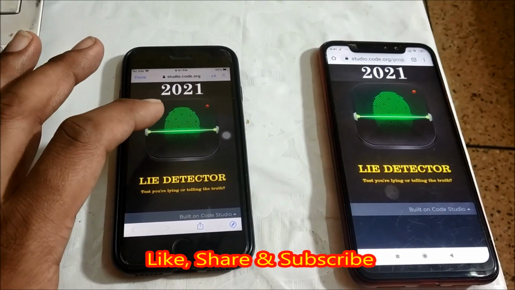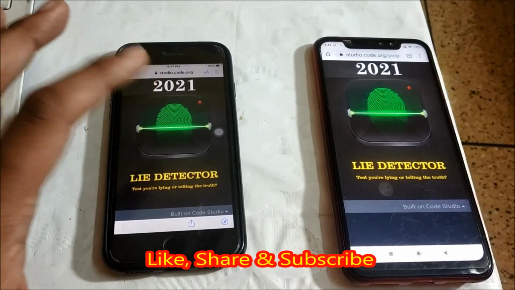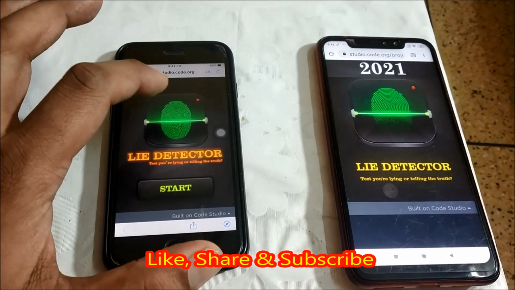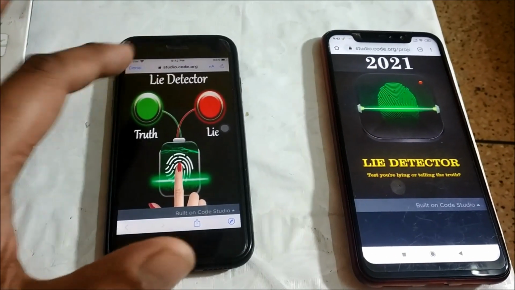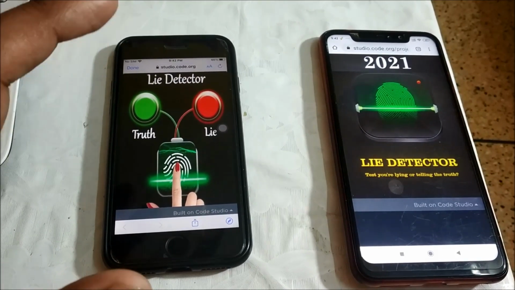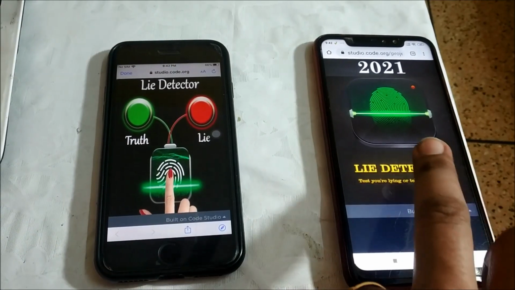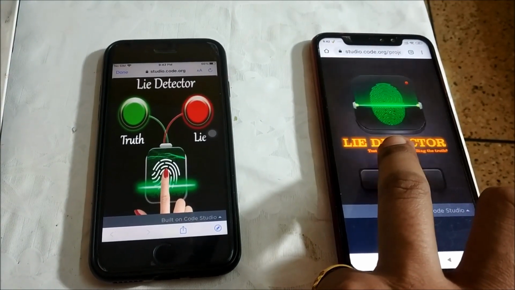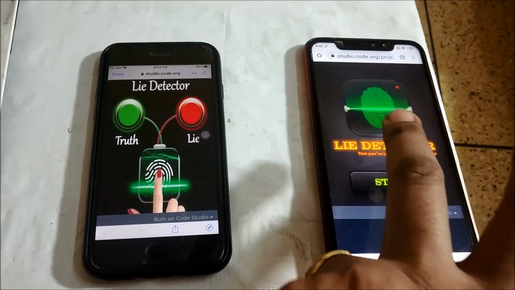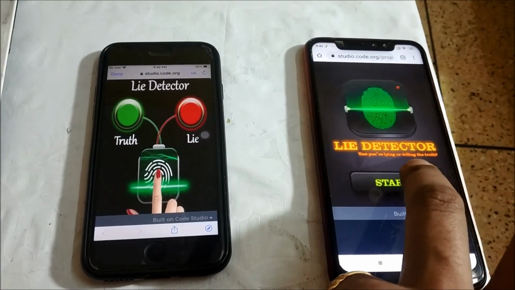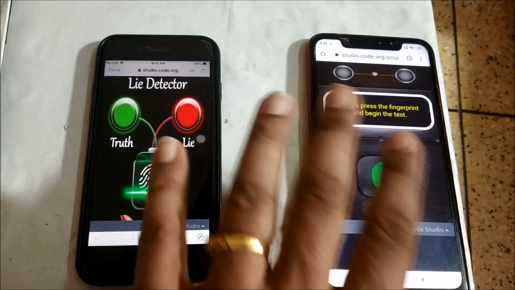Now here I'm going to access the admin panel. How can I access the admin panel? I just have to tap on this, and then again when I tap on this, I come to this admin panel. With this admin panel I am going to control the output which is going to get reflected on this mobile phone. Instead of hitting this image, I need to hit this start button, and the user is going to come across this beautiful screen.